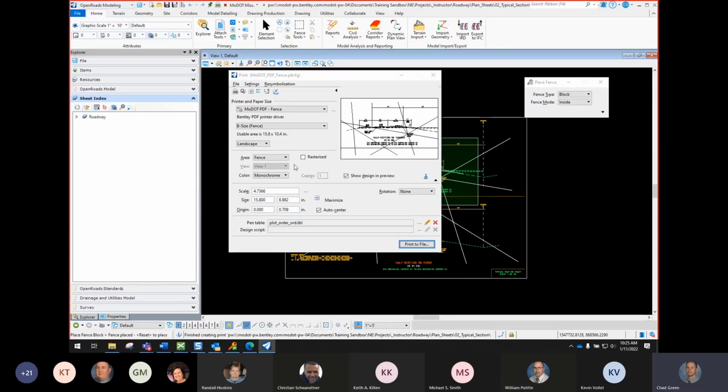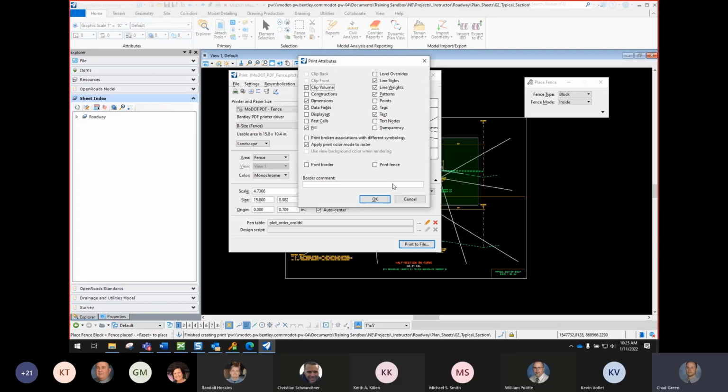And like I said, of course, you can come through here, and if you need to change just some of these other attributes if needed, like for your color, maybe I want to print this out in color for a strip map, I can go through here and change that color to what it needs to be. And there's also some other settings underneath here for your print attributes. Most of these are already going to be set to what it needs to, but if there's certain things that you may need to toggle on, maybe like a transparency that you've placed, you can come up here and edit that accordingly